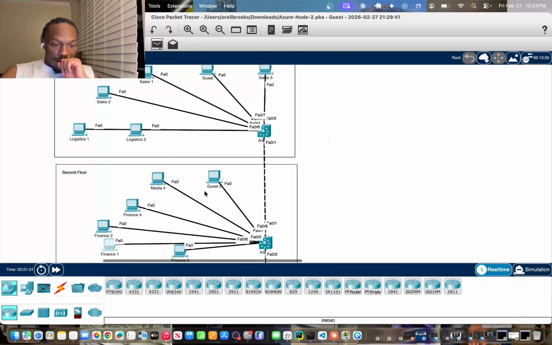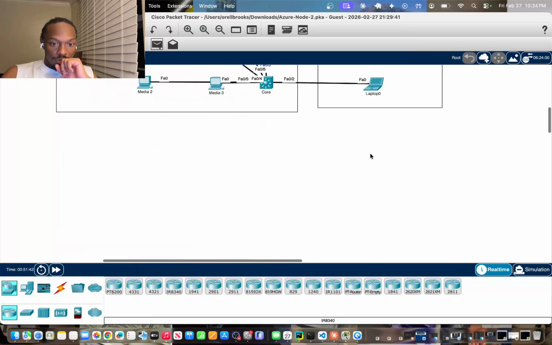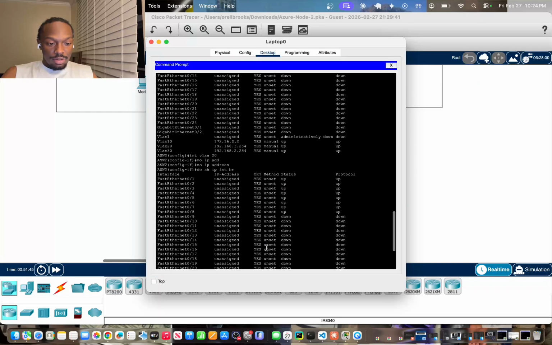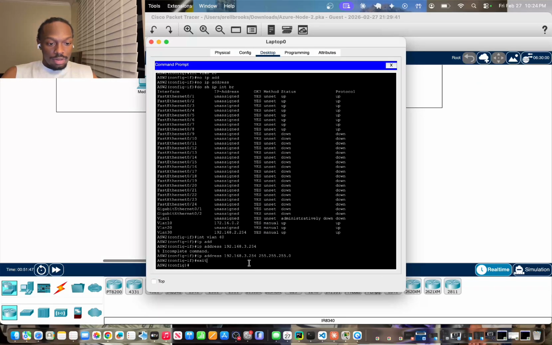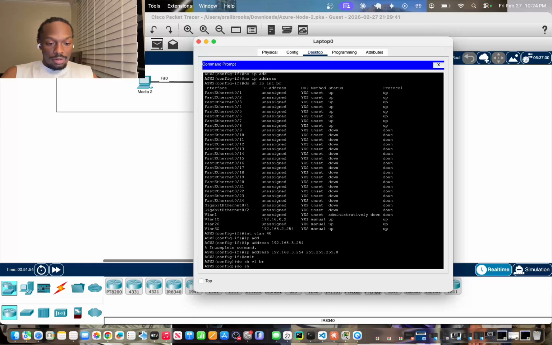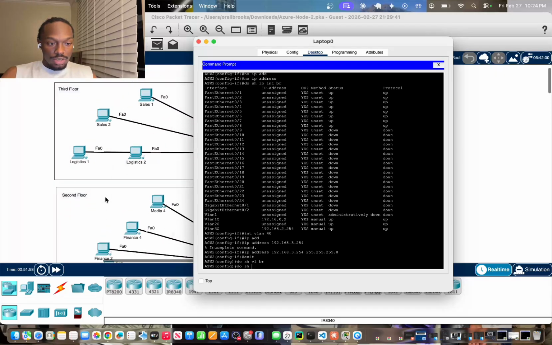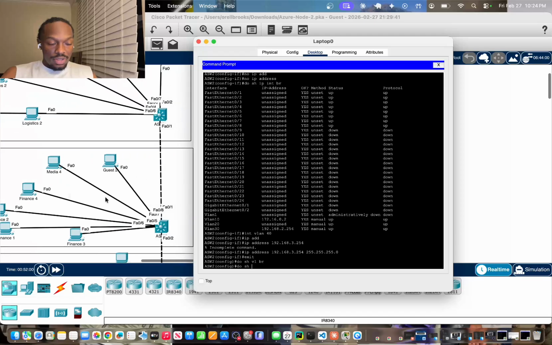And I don't know why they would be able to communicate with each other, because wouldn't we need a route? I don't think we even need to do an ACL since it's layer 3 communication. A route would be needed for the different floors to talk to each other. Since we don't have any,